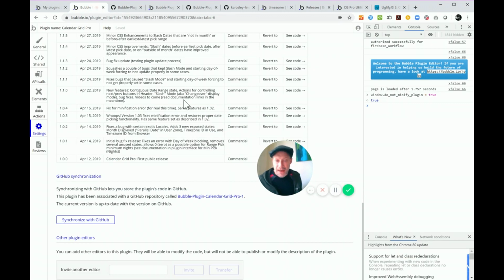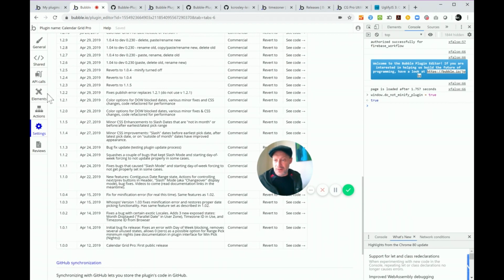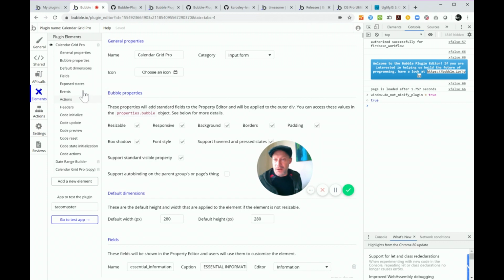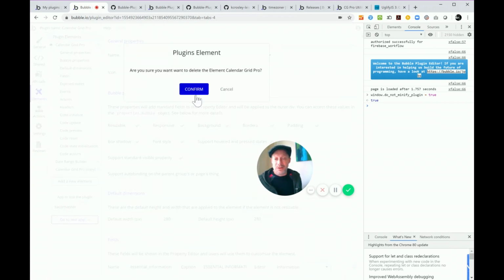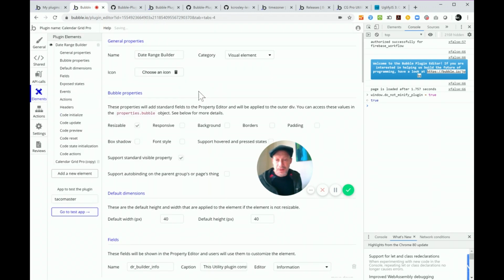All right, so I am back in my plugin for the public version of Calendar Grid Pro. I'm going to go to Elements, and now this is really scary. I'm going to delete this element. I'm going to click the trash can, and Bubble's going to warn me, are you sure you want to delete that? I'm like, yeah, I'm pretty sure. Confirm. All right, so now I've got my date range builder and my Calendar Grid Pro copy elements here,